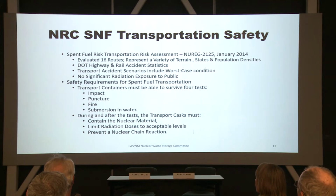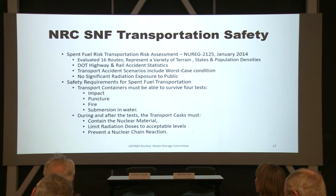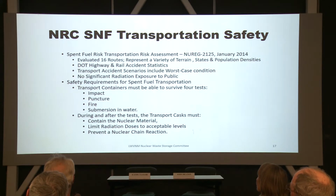normal transportation. For example, what kind of dose accumulates in shipping this along the highway, where people live by the highway, people have businesses. If the truck has a flat tire, it has to sit there until it's repaired and all that. So they figure like a 10-hour wait to do whatever has to be done to get this truck moving again. Same way with rail. They look at normal incidents, and they also look at accidents. There are very few accidents associated with shipping spent fuel,